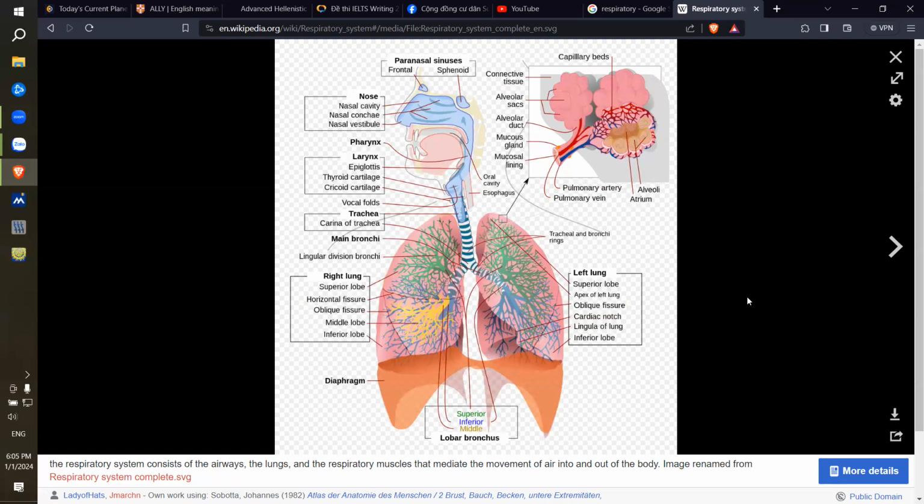Okay, so inside the lungs, the air will pass through a network of tubes called bronchial tubes, which branch out into smaller tubes called bronchioles. The bronchioles further divide and terminate in tiny air sacs called alveoli. Alveoli are the primary sites of gas exchange in the lungs. They're surrounded by a network of blood vessels called capillaries, which facilitate the exchange of oxygen and carbon dioxide. The walls of alveoli and capillaries are very thin, allowing for efficient diffusion of gases.